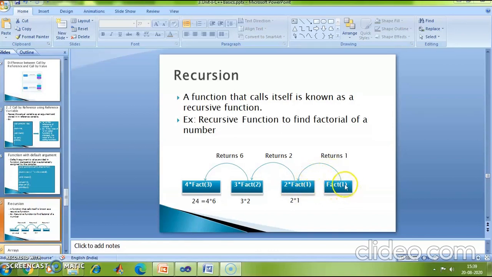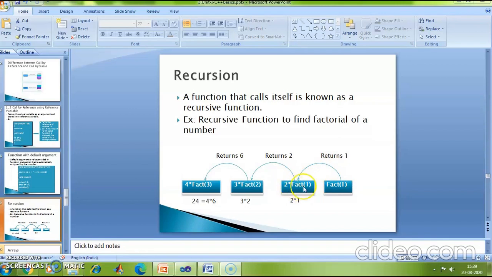Right? So when n value is 1, I return 1. So fact of 1 function is returning 1 to the calling function. Which is the calling function? Fact of 2. Fact of 2 is receiving 1 from fact of 1. So this fact of 1 function is replaced with 1.